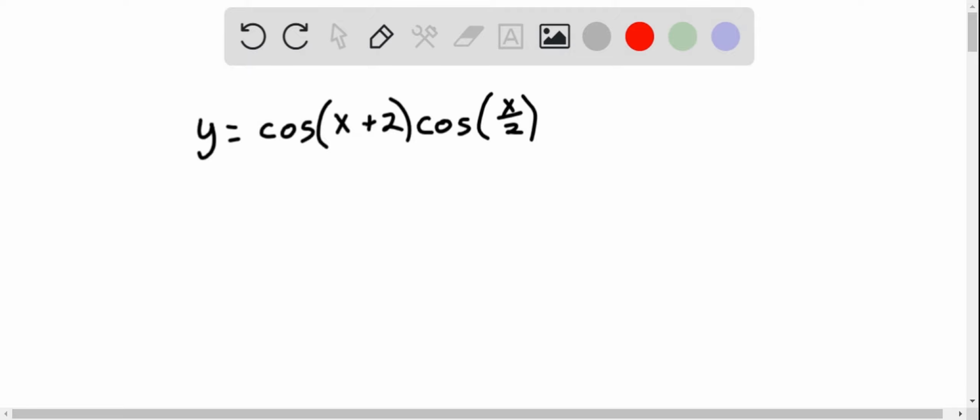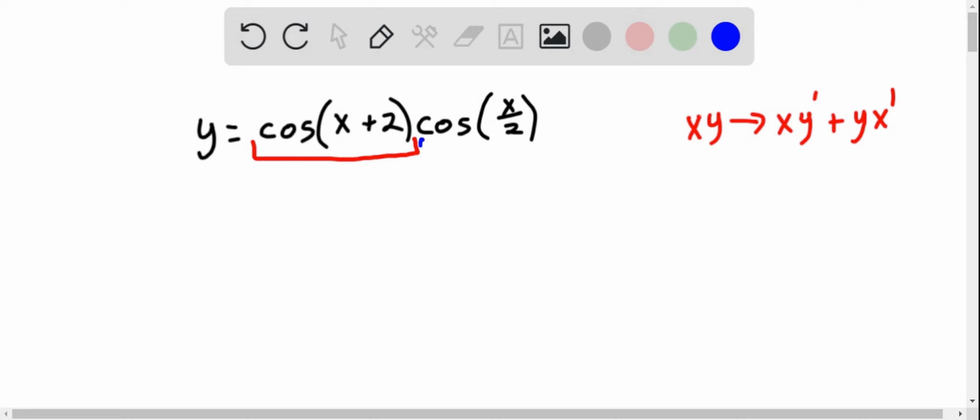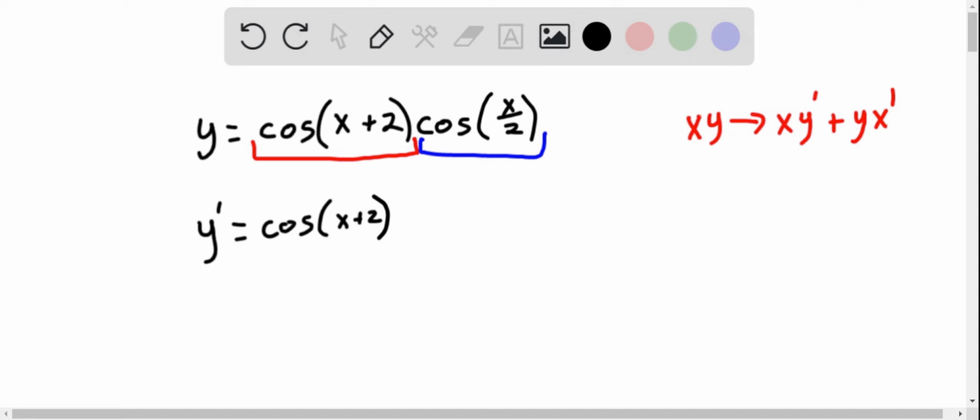So remember, to find the derivative of a product, so let's say we're multiplying x times y, its derivative will be x times the derivative of the second part, which is y prime, plus the second function y times the derivative of the first. So in this case, the cosine of x plus 2 will be our x, and the cosine of x over 2 is our y. So if we need to find the derivative, first we're going to take our first function, the cosine of x plus 2,